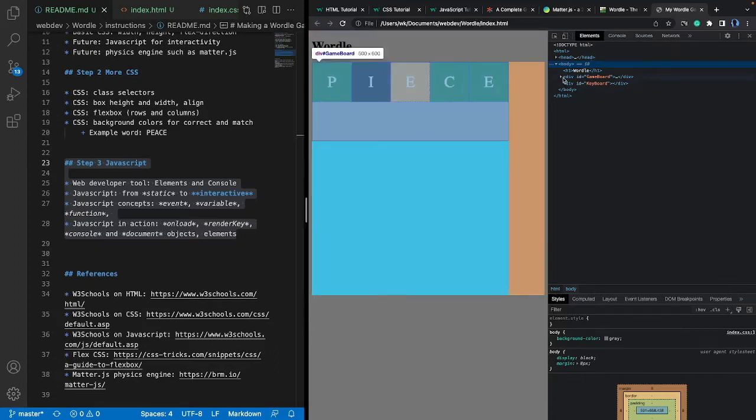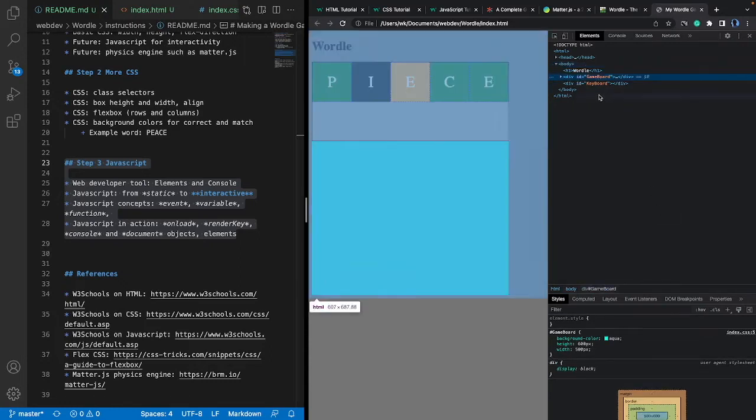But a very important part is not just the HTML: when you select a particular element, for example, I select this particular game board, it also shows me the corresponding rendering of that element